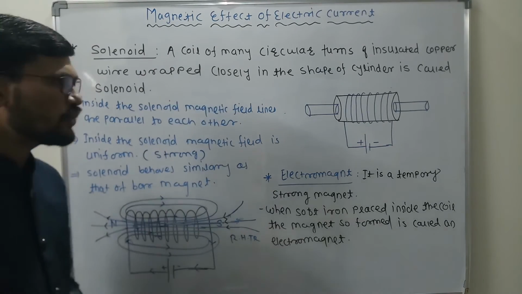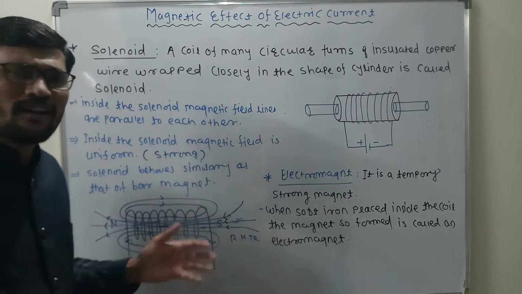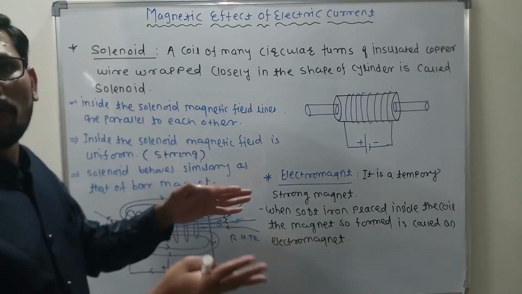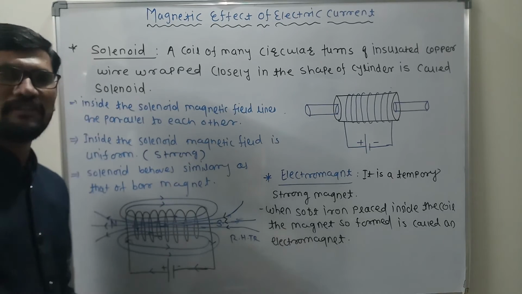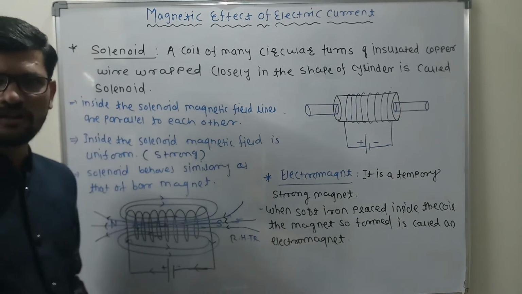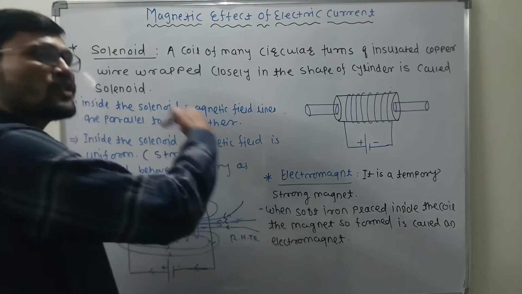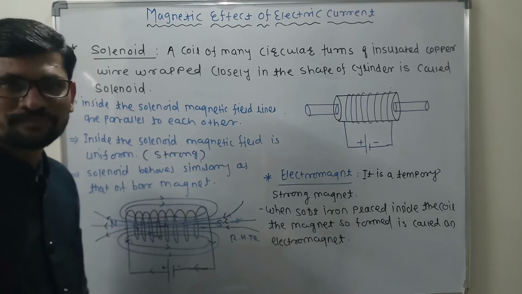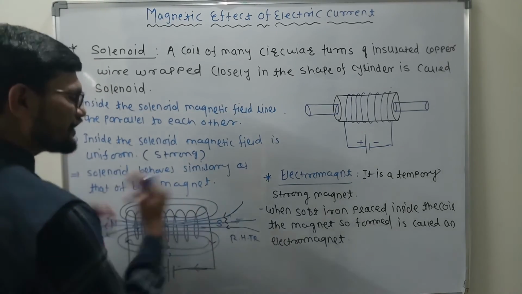And instead of uniform, if suppose we are having a non-uniform magnetic field, if one magnetic field line goes here, another here, a third here, a fourth here, then what will happen? Magnetic field lines will not be strong until and unless they are uniform. If the magnetic field is uniform in that region, the magnetic field is very strong. Clear? And when the magnetic field is very strong inside the solenoid, it can be used for practical purposes.